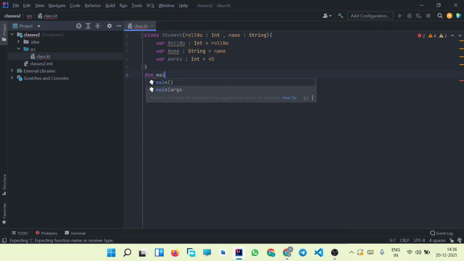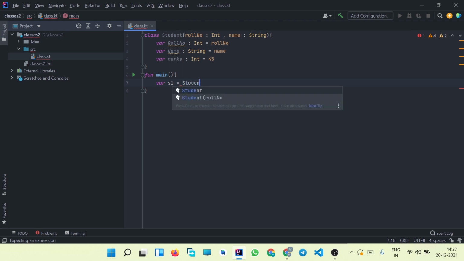So to declare a function, we use the fun keyword, then main, and let us instantiate this. The syntax of declaring an object of a class is first use a var keyword followed by the name of the object, let's say s1 or student1. After that, the name of the class, Student,